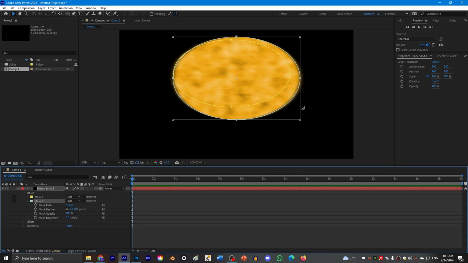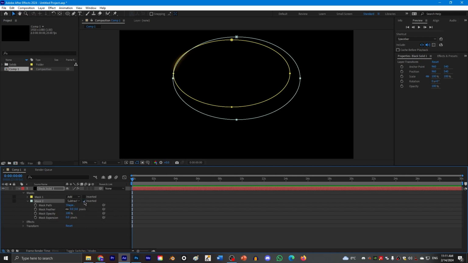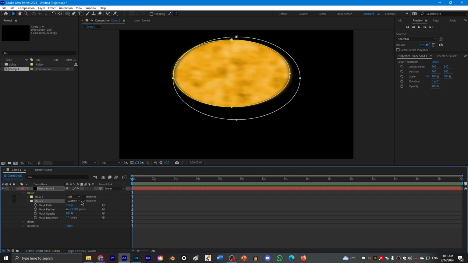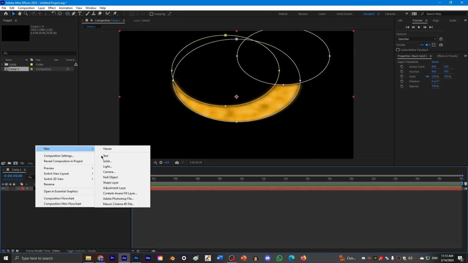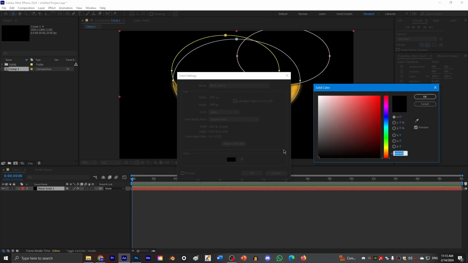When you add a second mask to the same layer, be sure to check some settings like add, subtract and invert. Then I add a third mask to fix some imperfections. Be sure to change the feather. After that I add a white solid.